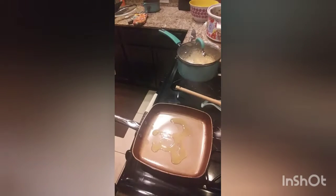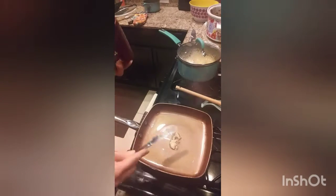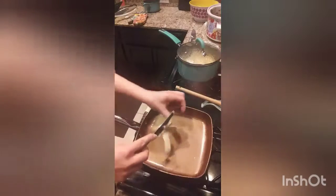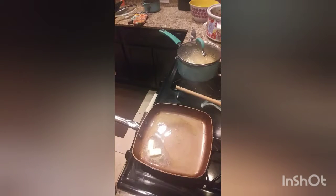I was going to make broccoli, but I had a cabbage that I was doing with something else, so I figured I might as well just use this because a couple of the people in the house will eat that. I just put in a little bit of the olive oil, and then I'm going to put in just a little bit of bacon grease that I have left over, and I'm also going to do a little bit of butter here. Probably, actually, just use this whole thing. So we're going to get that started up